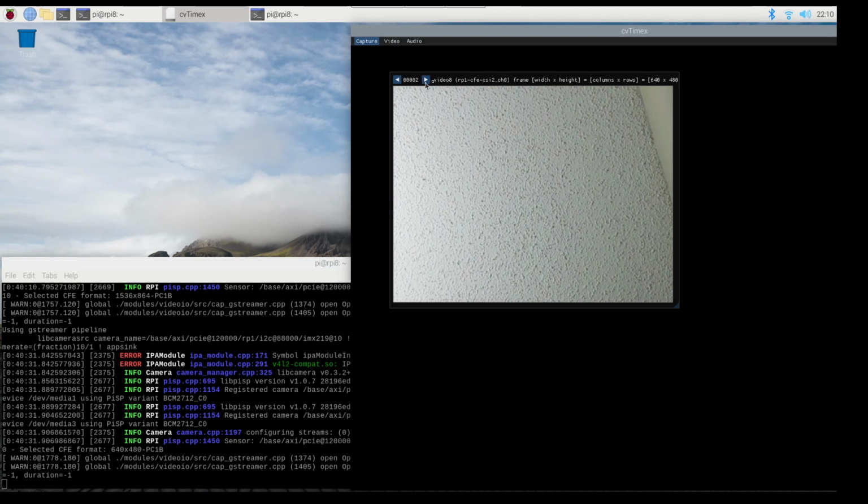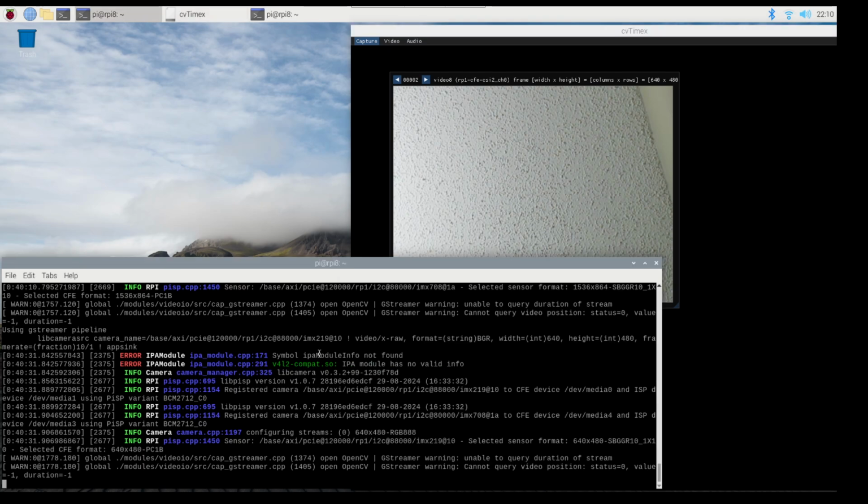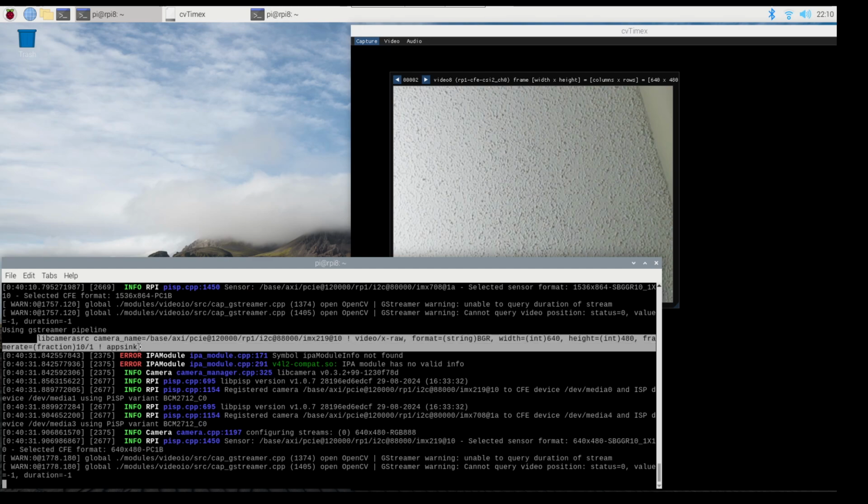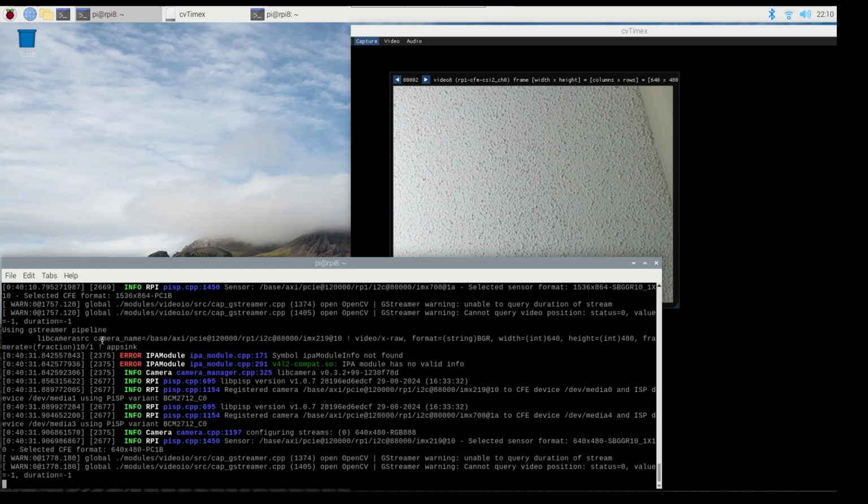But right now we're looking at /dev/video8, and if I look over here, you can see the GStreamer pipeline that I'm using and passing to OpenCV. So OpenCV uses its GStreamer backend to open this camera and bring my application the frames from the camera. So I'm using the libcamerasrc source, and for camera name, I am giving this long name. That is not really a friendly name. It's a long